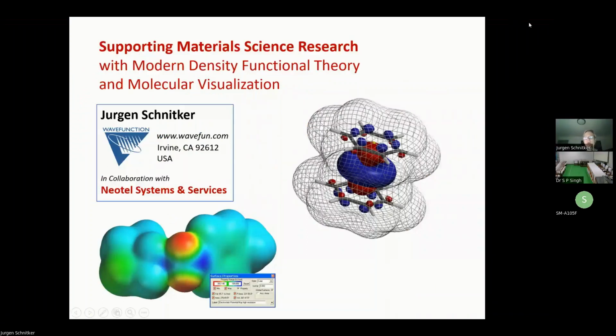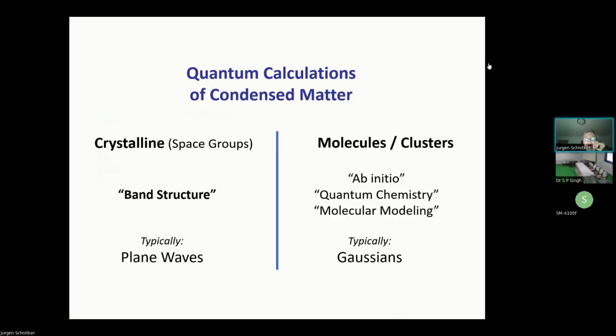Okay, so my understanding, from the brochure for the meeting, is that we are at the very end of a meeting whose focus was material science rather than chemistry, which is usually what Spartan deals with. So on my first slide, I want to immediately make clear what we are going to deal with in the next hour. There are really two fundamentally different ways you can approach calculations of condensed matter systems